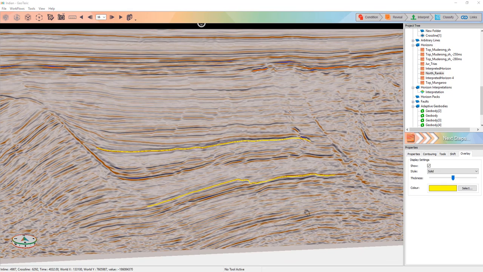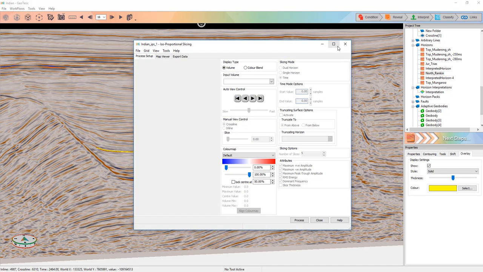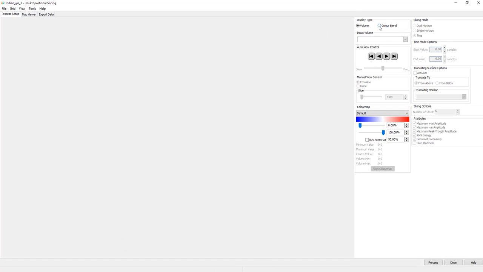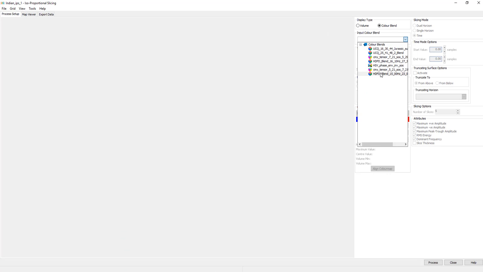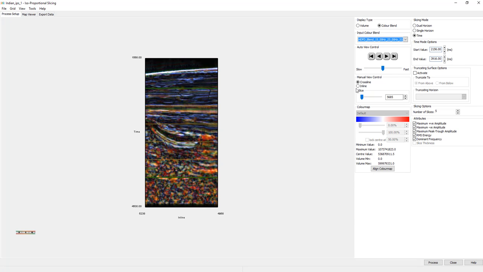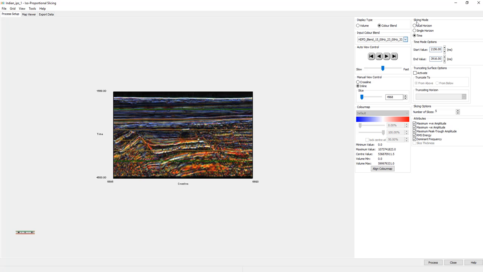So now that I have my horizons interpreted, I'd like to go through and do some isoproportional slicing in between these two horizons. So if I go to the Reveal tab, I can go to isoproportional slicing, and this will bring up the menu. And I'm going to do this on our HDFD, so I'm going to select my color blend. I'm going to go to an inline,